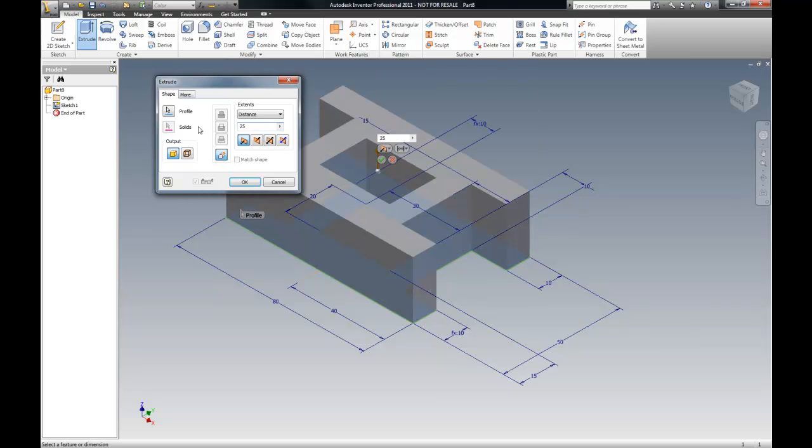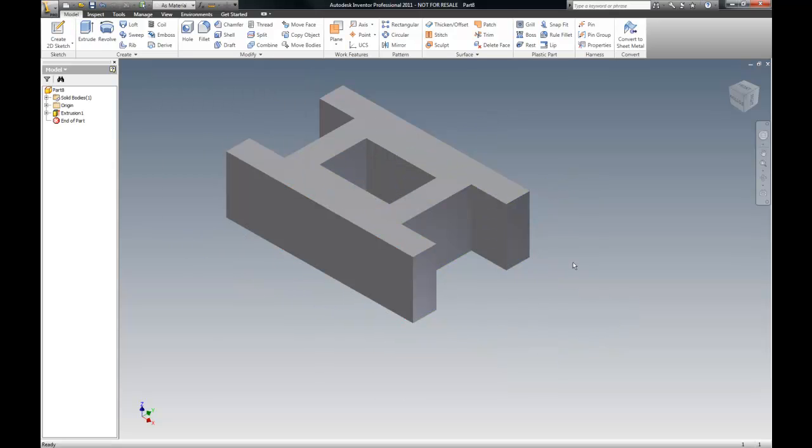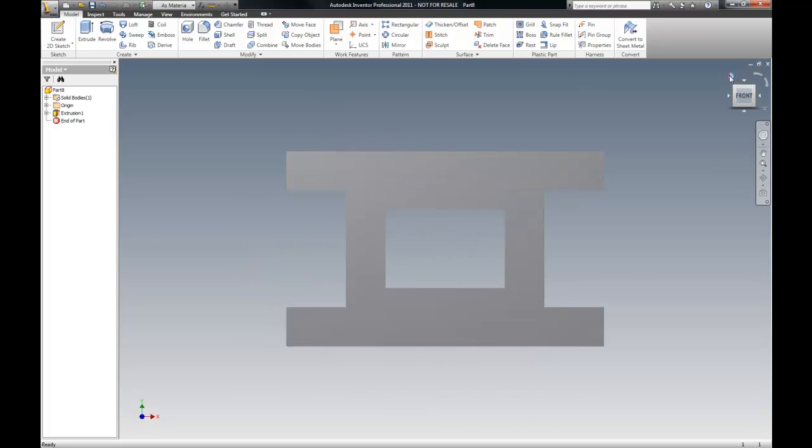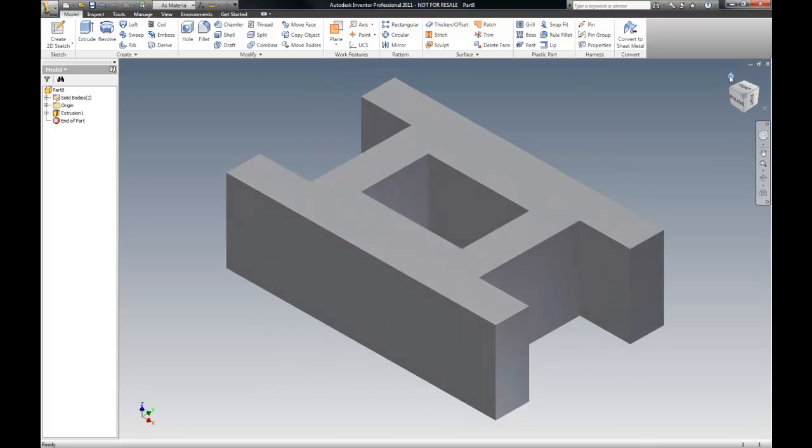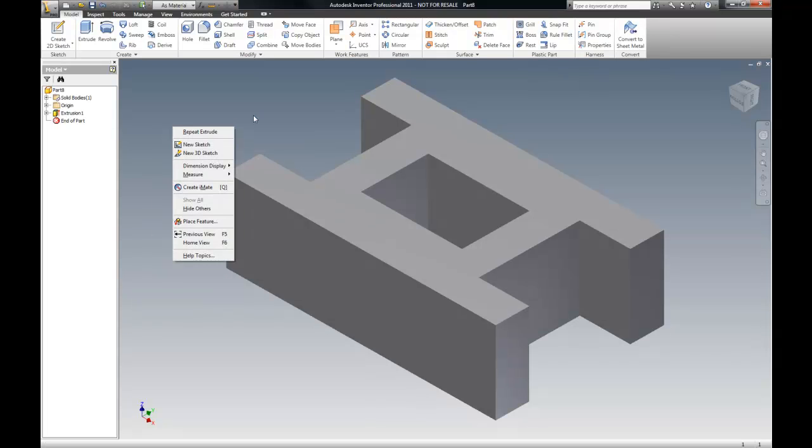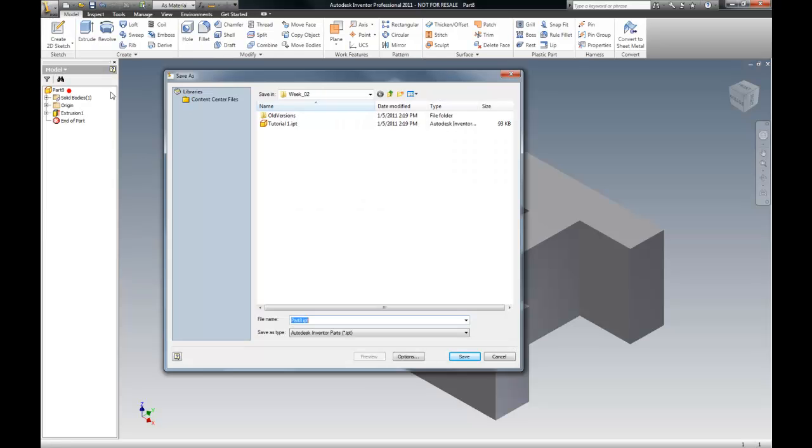Okay. There we go. There is our project right there. There's the front. There's the ISO. Now, I'm going to right click, and I'm going to go up here. I'm not going to right click. I'm going to just go up here, and I'm going to go to save, and I'm going to pick my